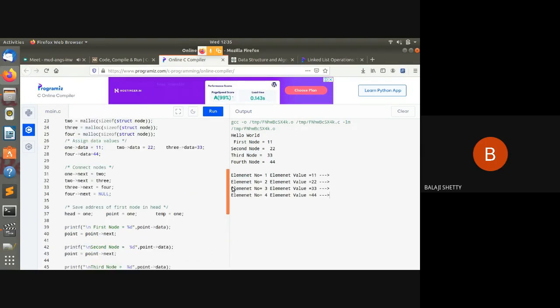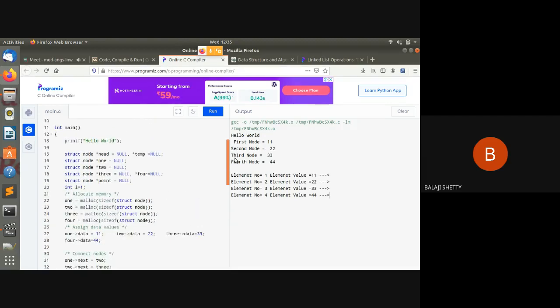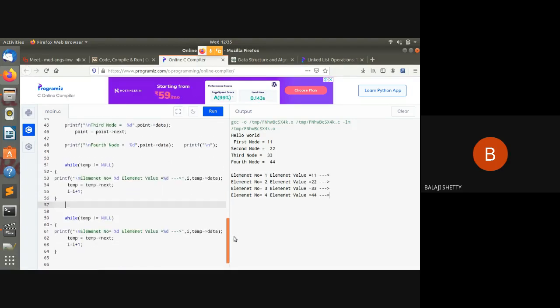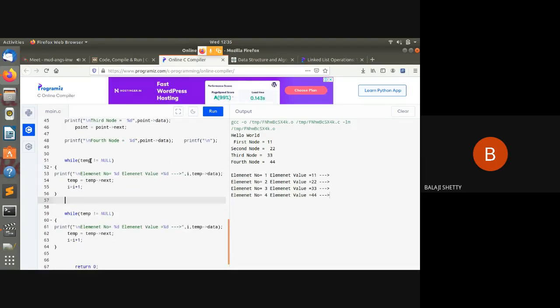I have taken one more head node, head also. Okay, I can take head also, head, and here head data, head next.